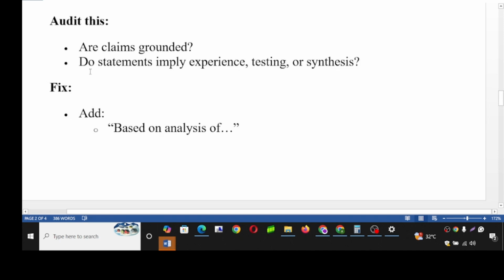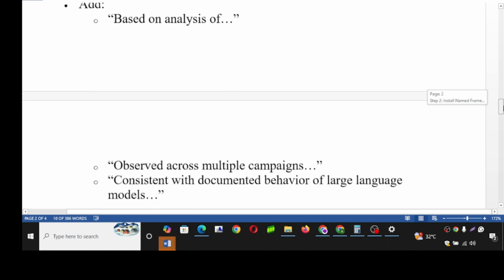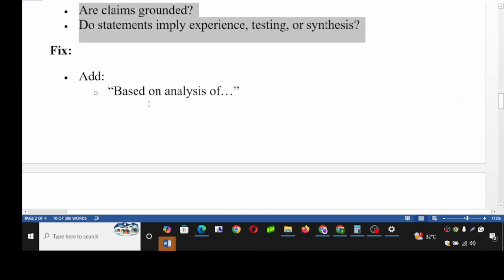All right? So all that you are talking about must imply that you have experience, that you have tested what you are talking about. And if it is based on experiment, okay? For instance, maybe scientific experiments that have been proven over the years. So that's what this is all about. If these are not in place, what do you add? You add "based on"